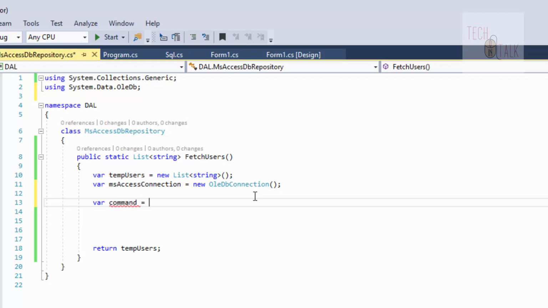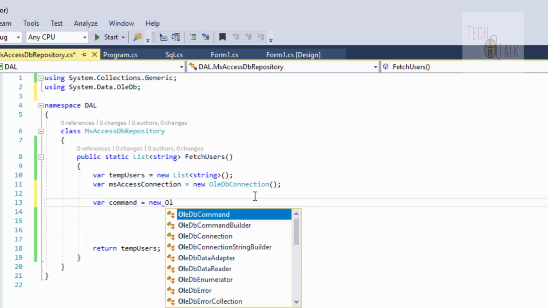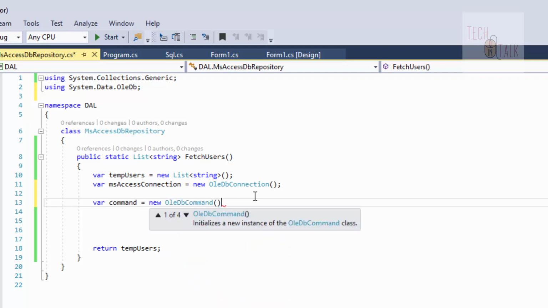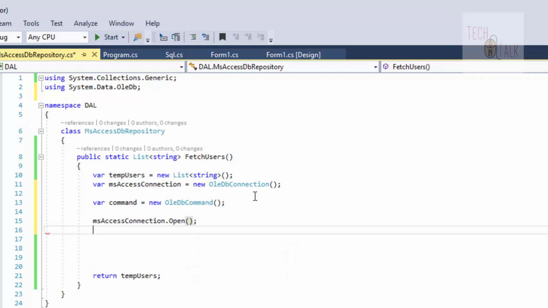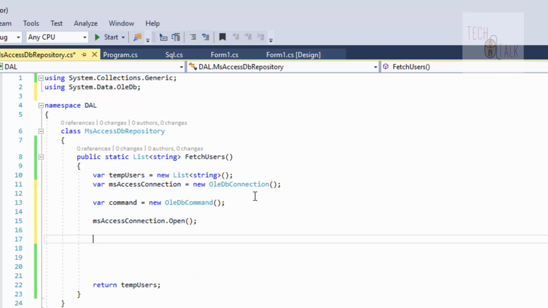Command is equal to new OLEDB command, and after this let me open connection like this,